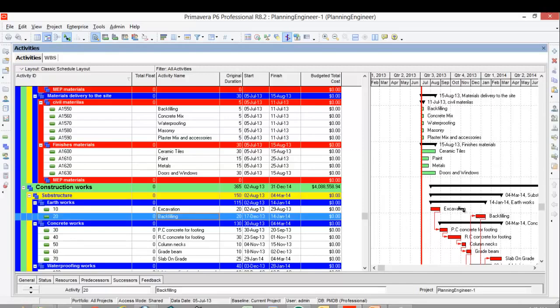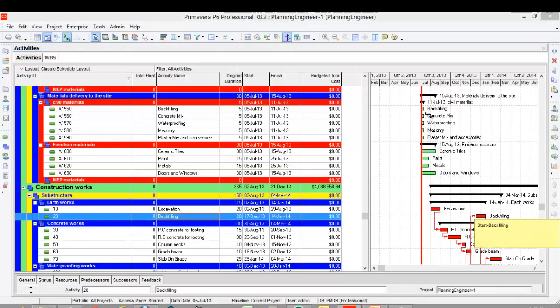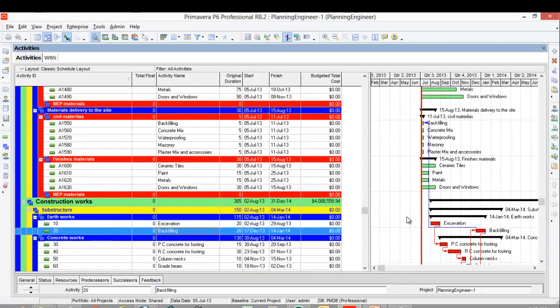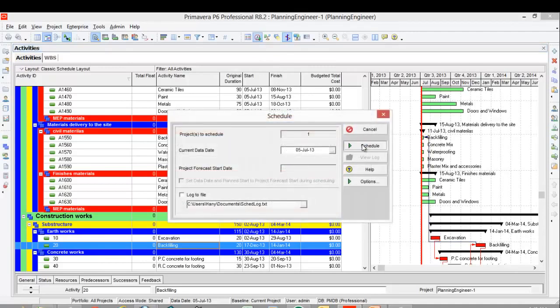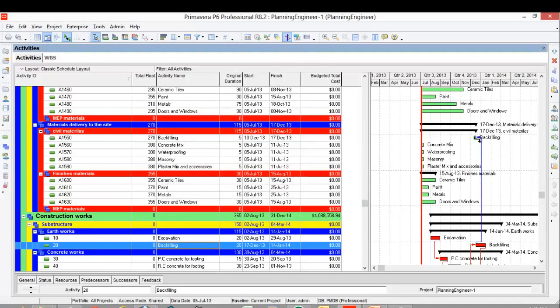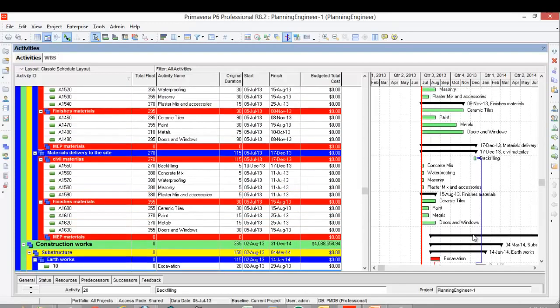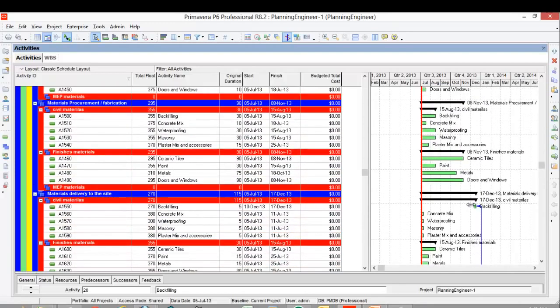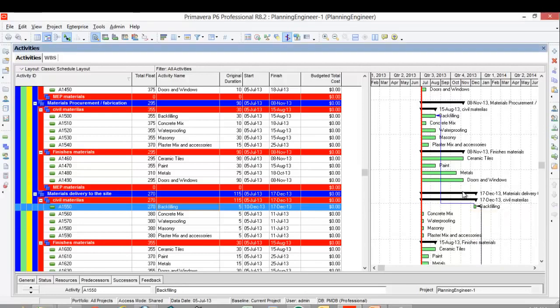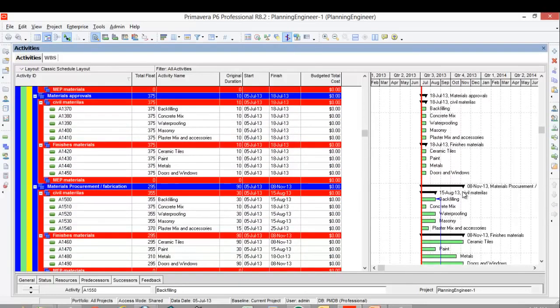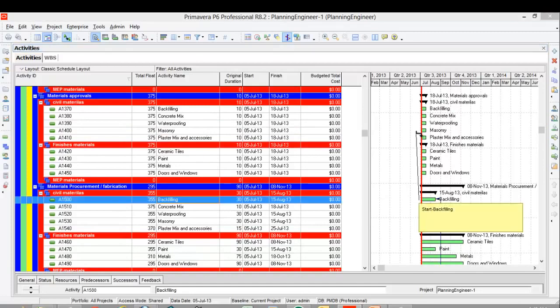Before starting the backfilling, I should finish the backfilling material delivery to the site. If I run the program, let's see what will happen. See, this one gives me the latest date this material should be delivered to the site in order to start the backfilling. So I'm going up again, start to finish this material, procurement, and start to finish here,